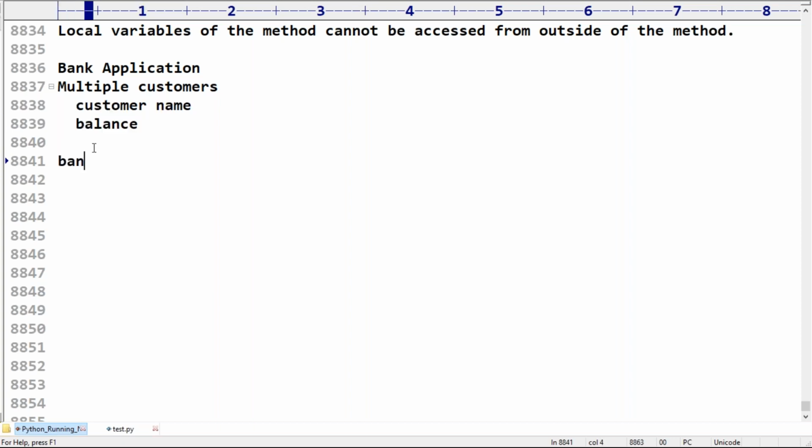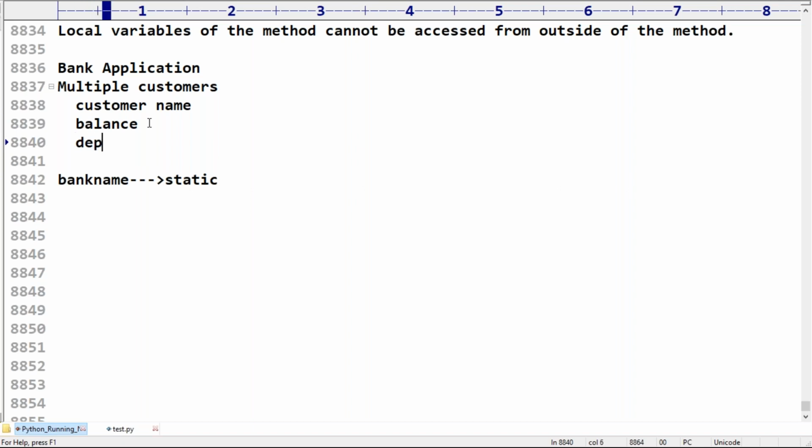Now the bank name. The bank name is the same for all customers, so it is a static variable. Next, which operations can a customer perform?